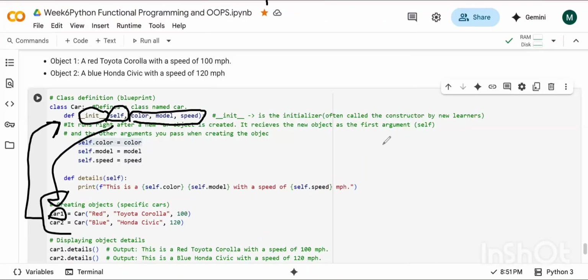Saswat? For all the objects we are going to create one by one, it is going to run. First of all, my compiler will see car1. For car1 it will run. Then it will see car2. For car2 again it will run.